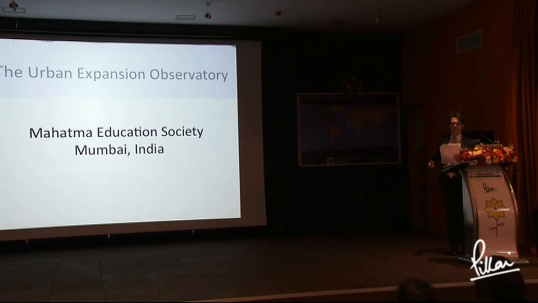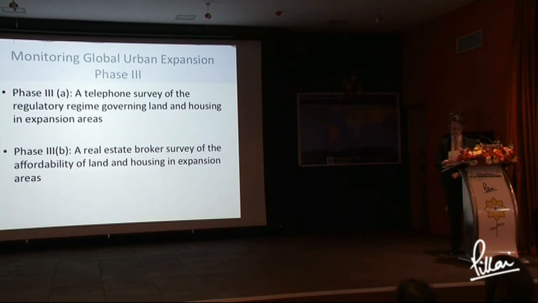Now, this leaves us with 2 phases, phase 3 and phase 4, of course. So phase 3 actually touches on something that is pretty important to me personally, and I think important to a lot of us who work on urban issues, which is the idea of equity. So phase 3 asks, is housing affordable to the great majority of people in cities? And what are the factors that affect the affordability of housing?